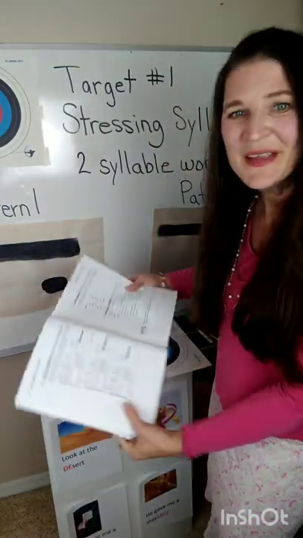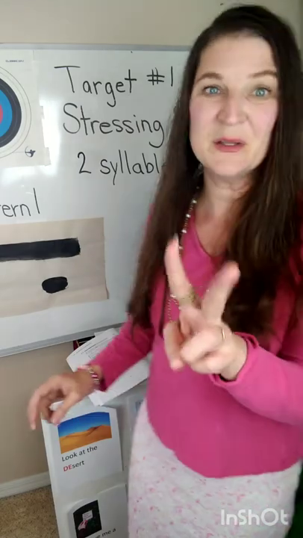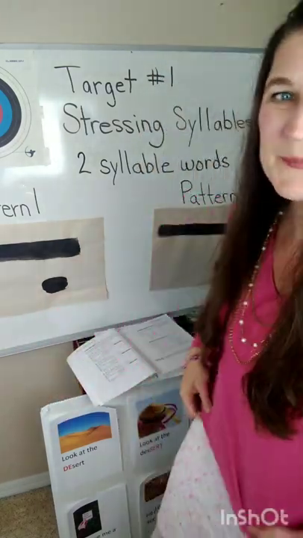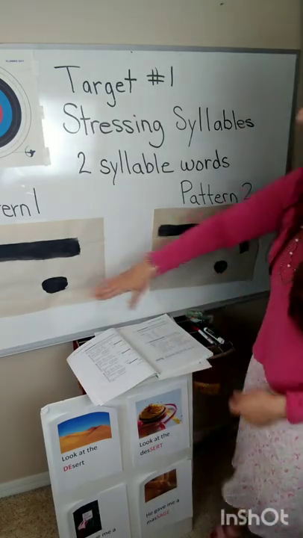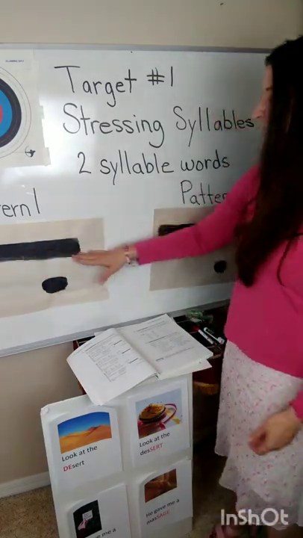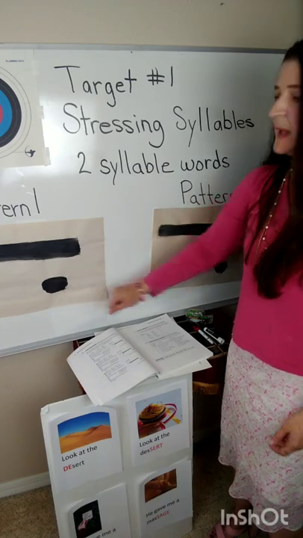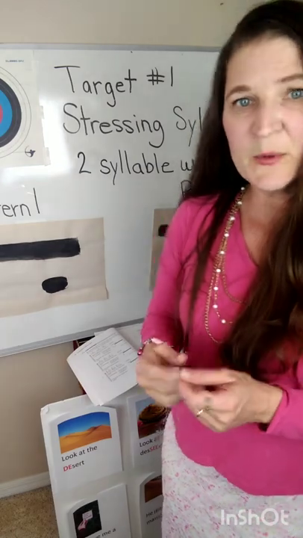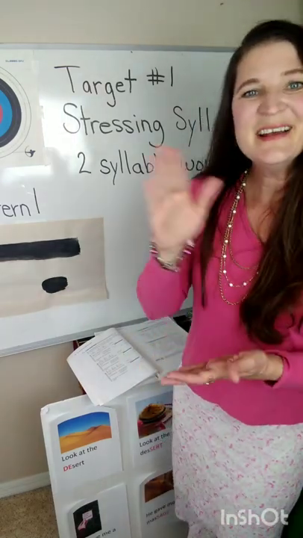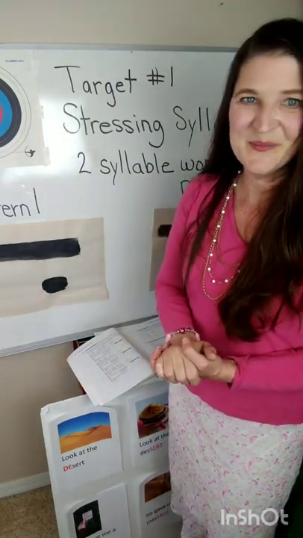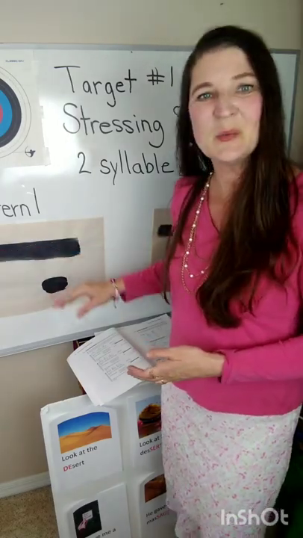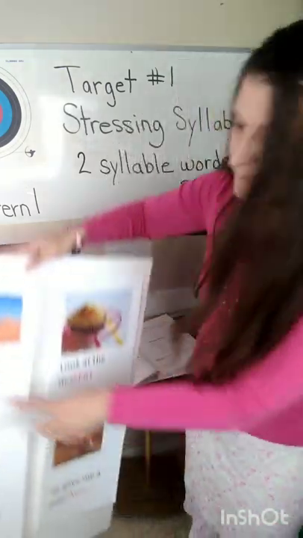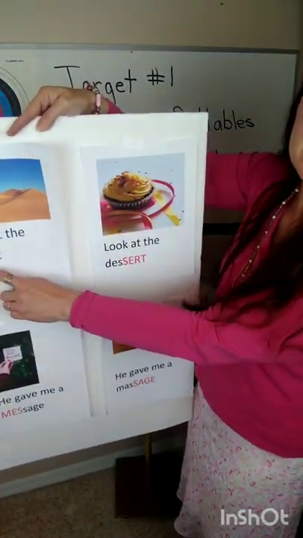So now let's talk about 2-syllable words. There are two patterns for two-syllable words. You'll notice on the board, I have a long black line and then a dot. The long black line is where you have your stressed syllable, and the little dot is the unstressed syllable. So with your stressed syllable, you stretch out the sound, just like what we did with D, oh, you can't see,